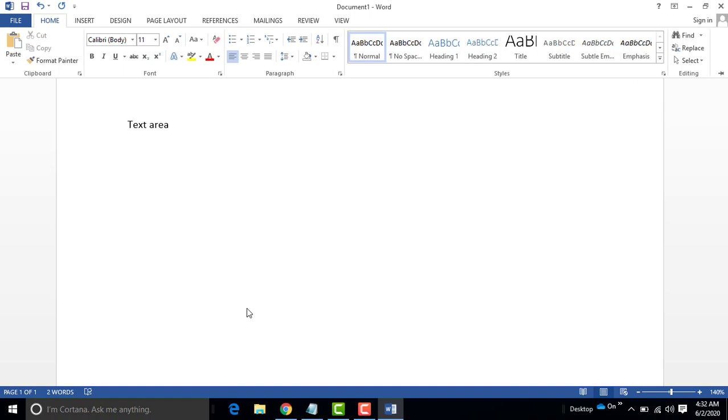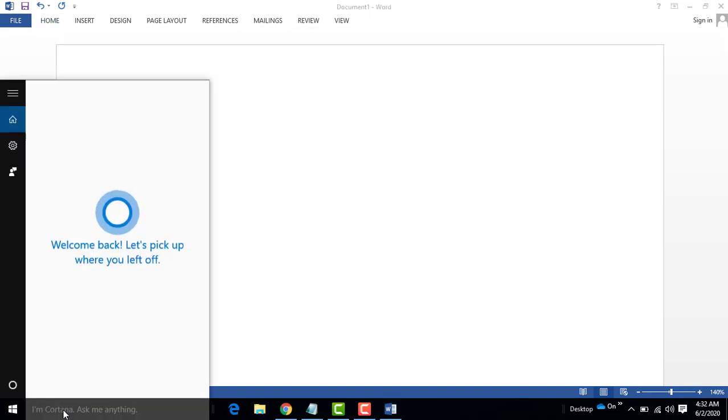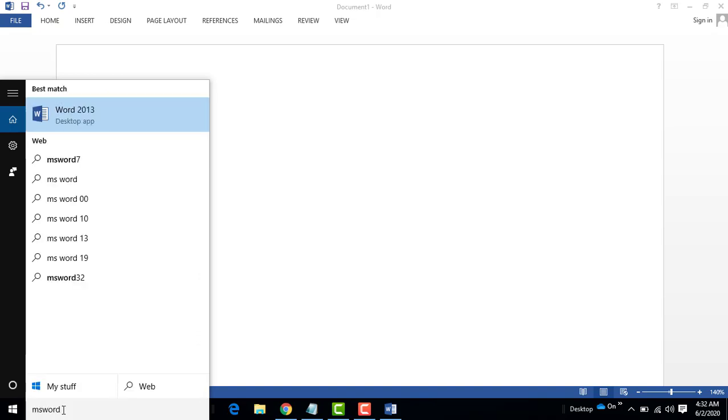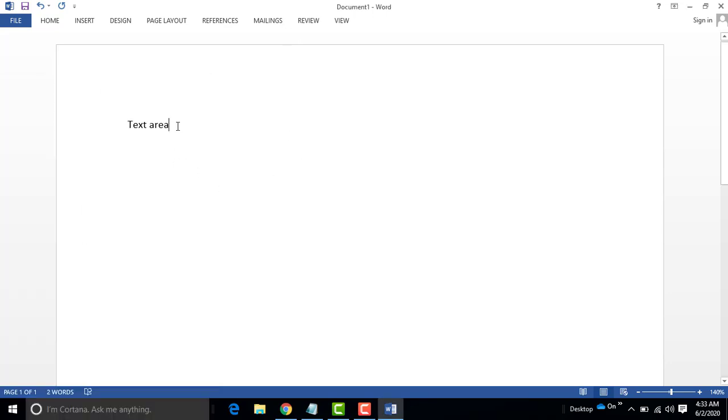And for quick access, you type MS Word here. This is the shortcut; you double click here and it opens. And this is your cursor, as you see with the mouse. This is the cursor where you start from.